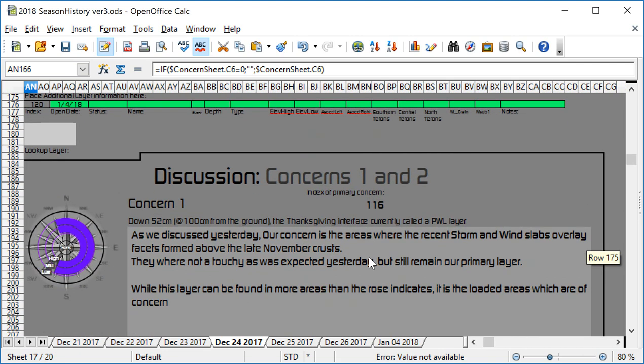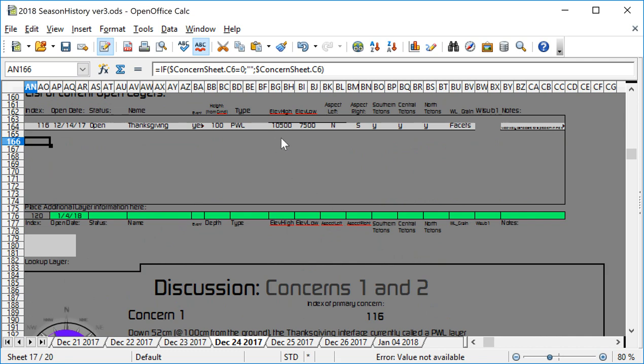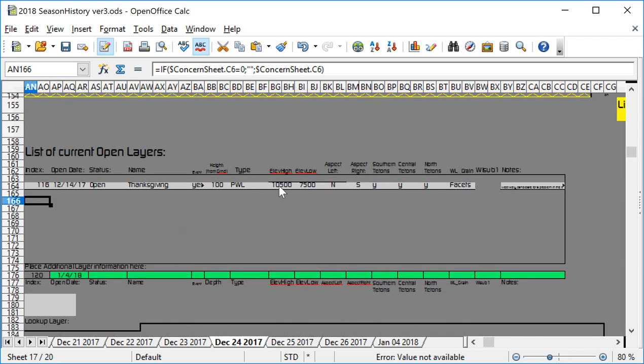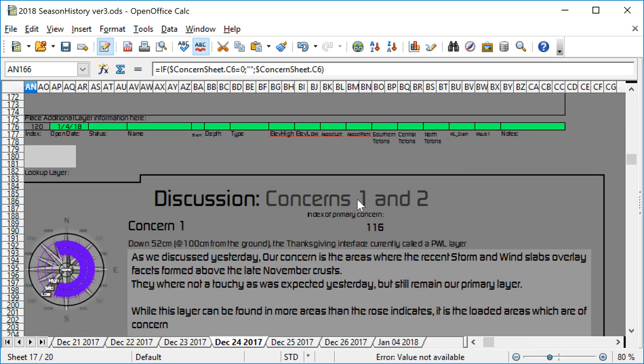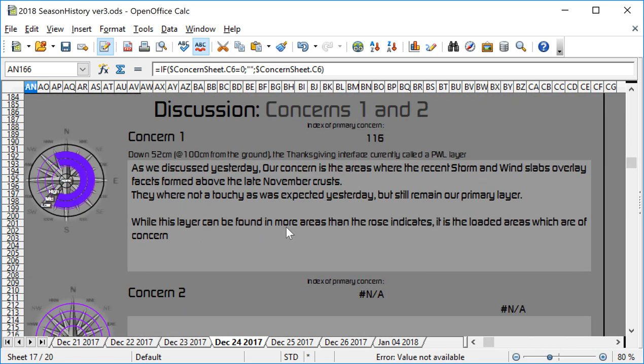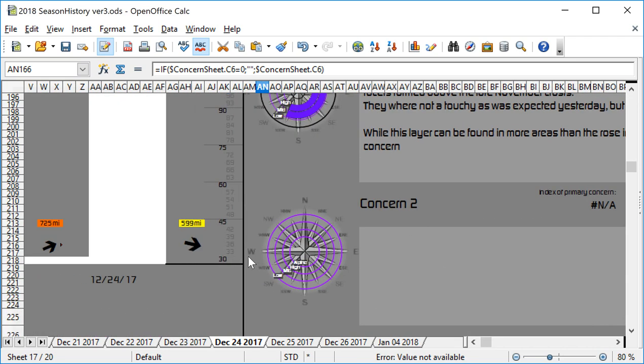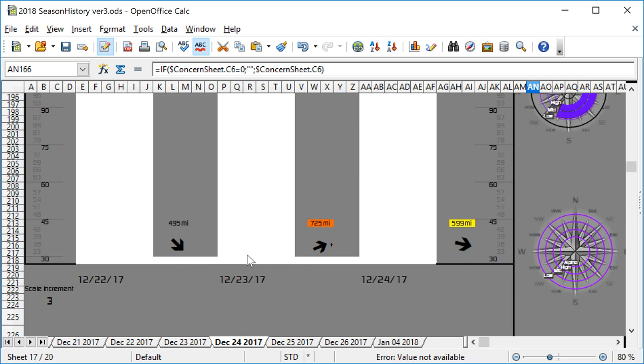Down below this, we discuss the top two layers in this table. Concern 1, where it's located. That rose diagram is defined by the numbers in here and the aspects listed here. And then whatever you want to write about a given layer, same for concern 2. And then after we go through this